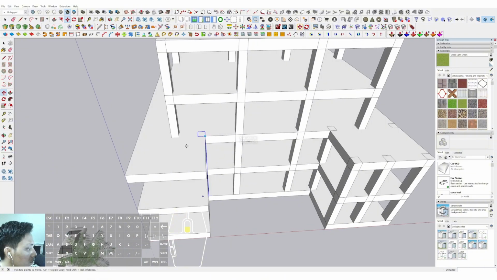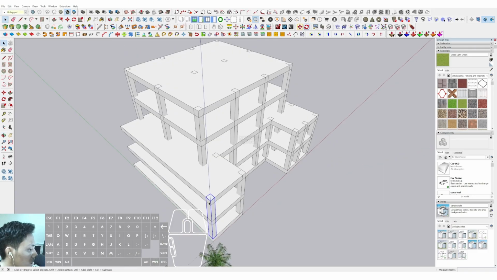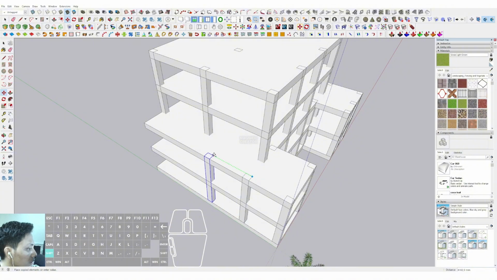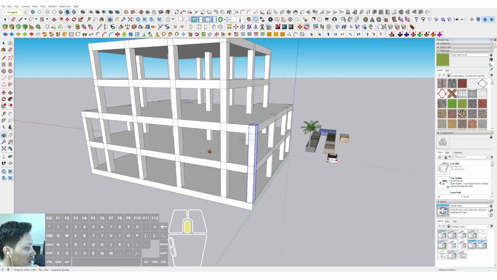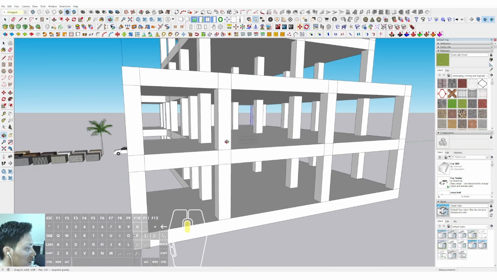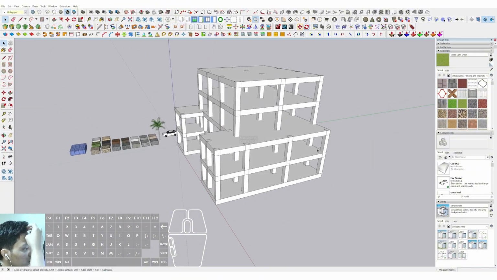Sorry, we have to place to this position and place to this position, and place to this position again, and select move, tap control and place this one and place on this surface and this position in here. Okay, so we have checked the column system in here, and it's already complete